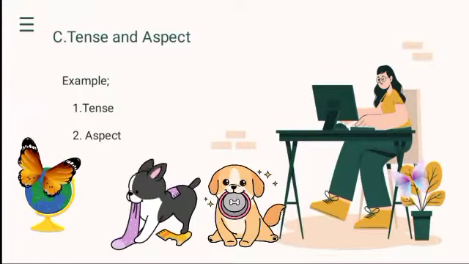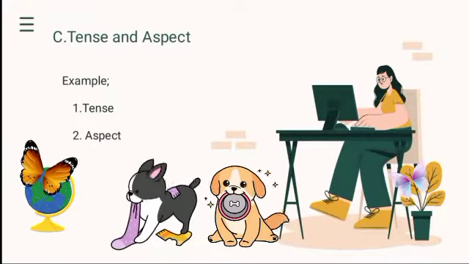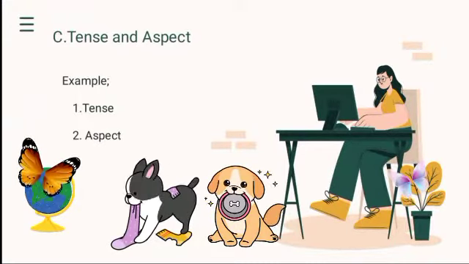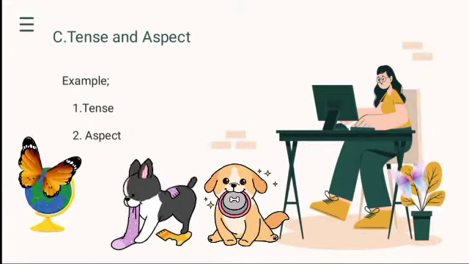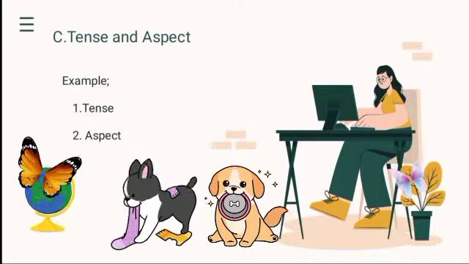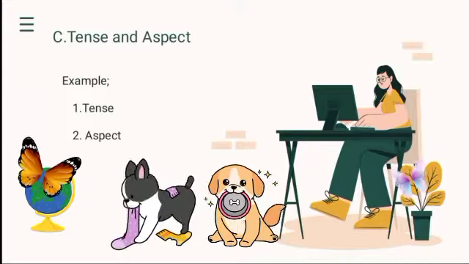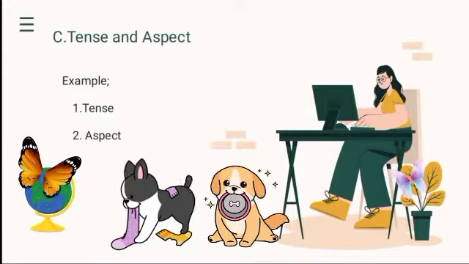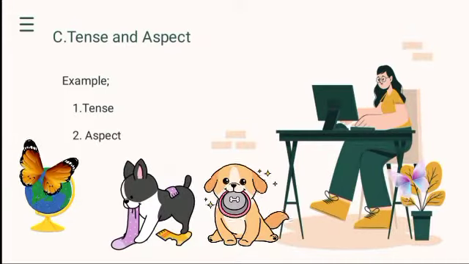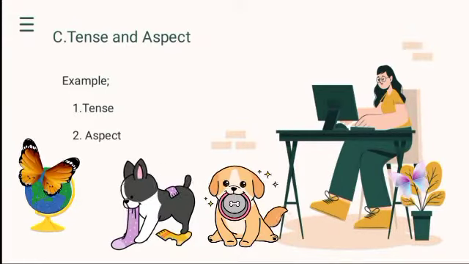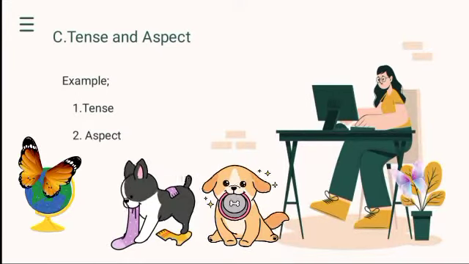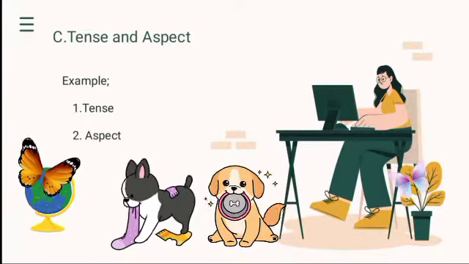Okay, next I will explain about tense and aspect. In grammar, the word tense refers to the time period in which the verb of a sentence takes place. There are two tenses in English, present and past. Unlike many languages, English doesn't have a future tense. To talk about the future, English requires either the modal verb will or the present progressive. Learn how to talk about the future using future constructions in English.